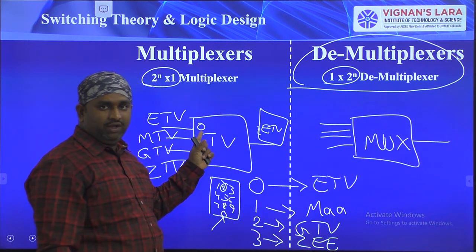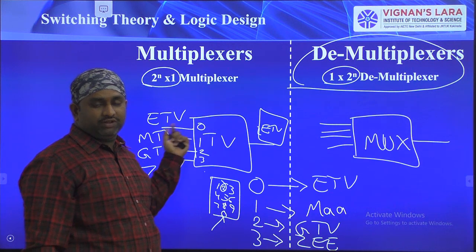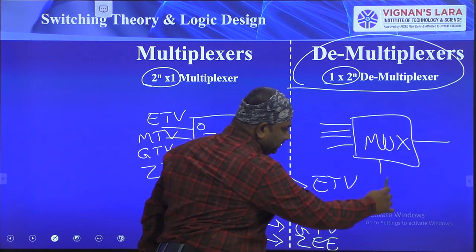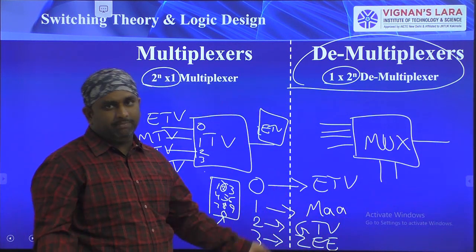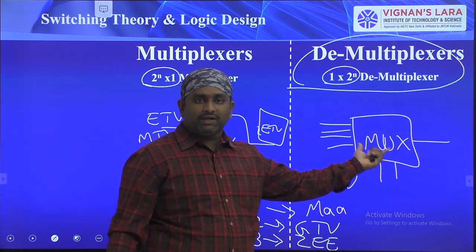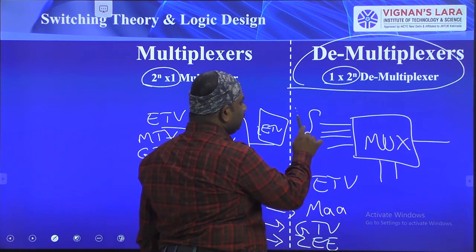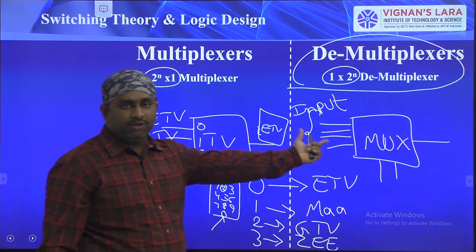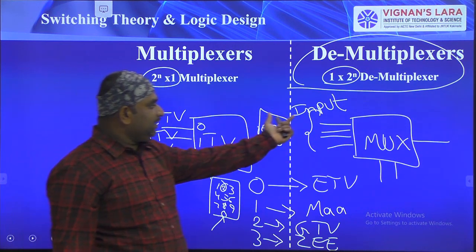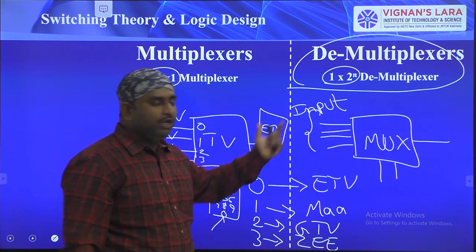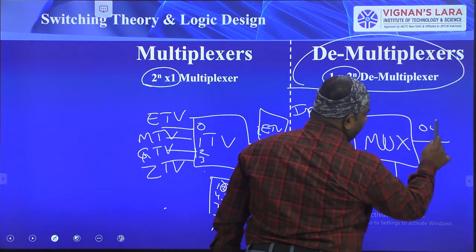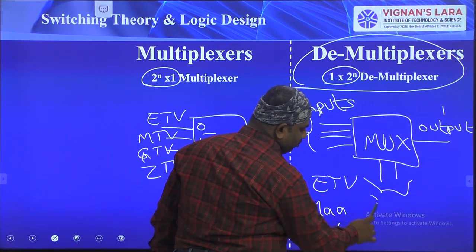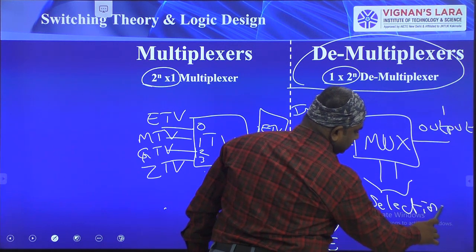Okay. So for this TV, which channel you want to see, for the selection purpose you are using a remote. For the selection purpose I have 2 lines or 1 line or maybe some lines. So for the multiplexer, what are the terminals here I have? The first one, input. Like the TV, for the multiplexer we have inputs and only one output. It is fixed. And here we have the remote, that is called selection lines.